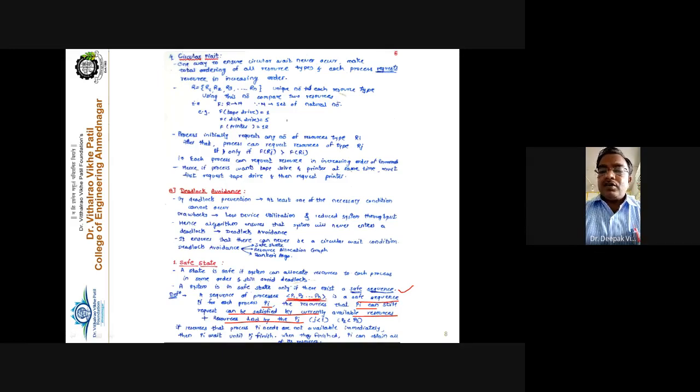Request made by all the processes must be satisfied. Then such a sequence is called the safe sequence. For example, consider P1, P2, P3, P4. It means that if the operating system executes the processes in this manner, first it will execute P1, then P2, then P3, and finally the P4 process.